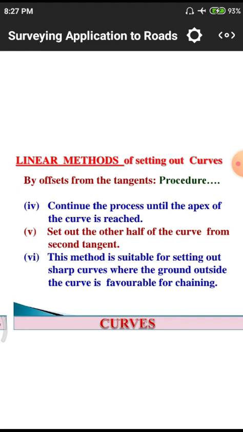After that we give a peg at each and every 1 meter length. We connect those pegs simply by a radial pattern, and we will get the curve. The method is suitable for setting out a sharp curve. What is a sharp curve? It means the value is not changing. Simply we will get 30 meters length by using these offsets.